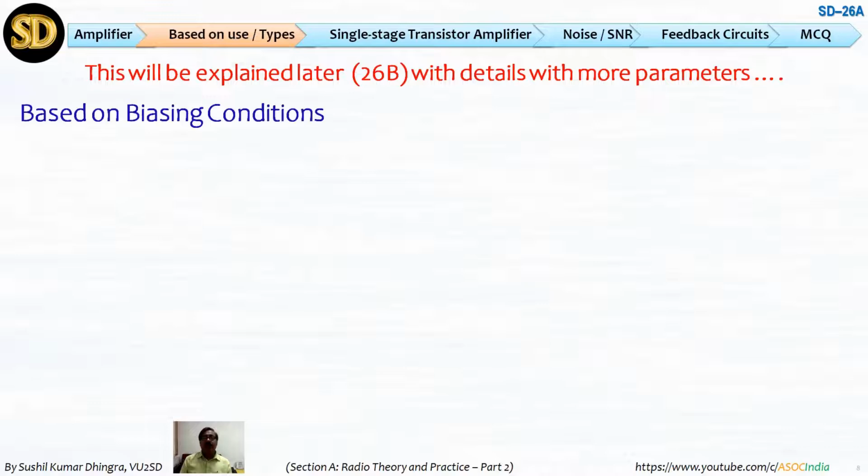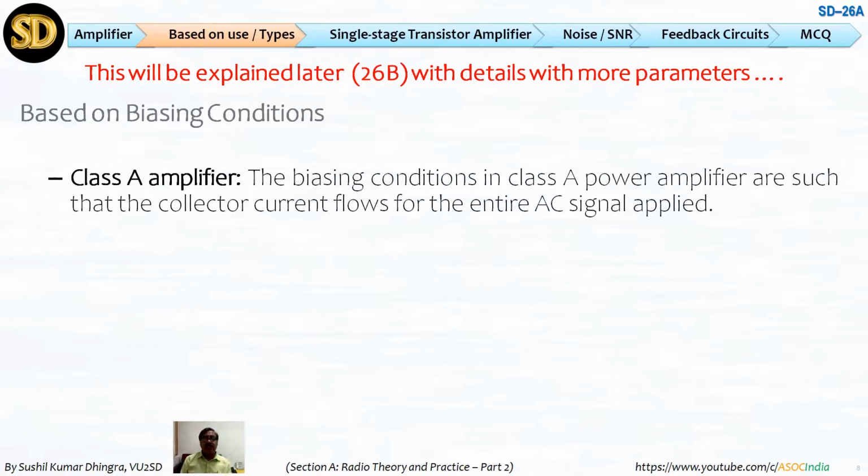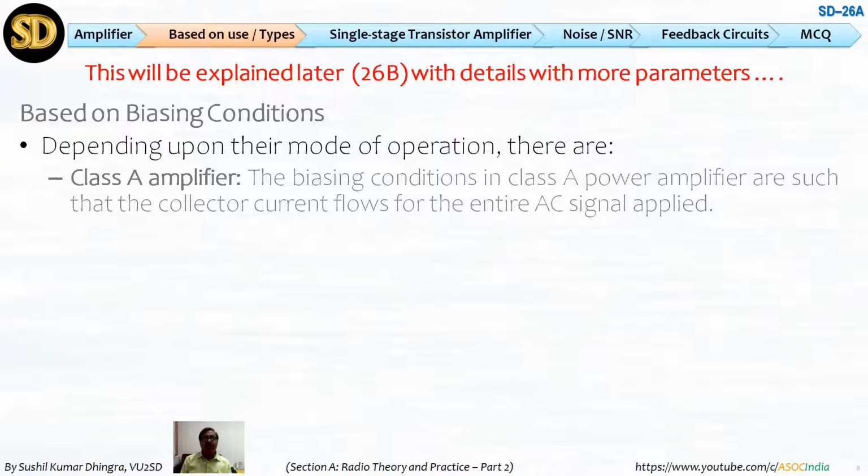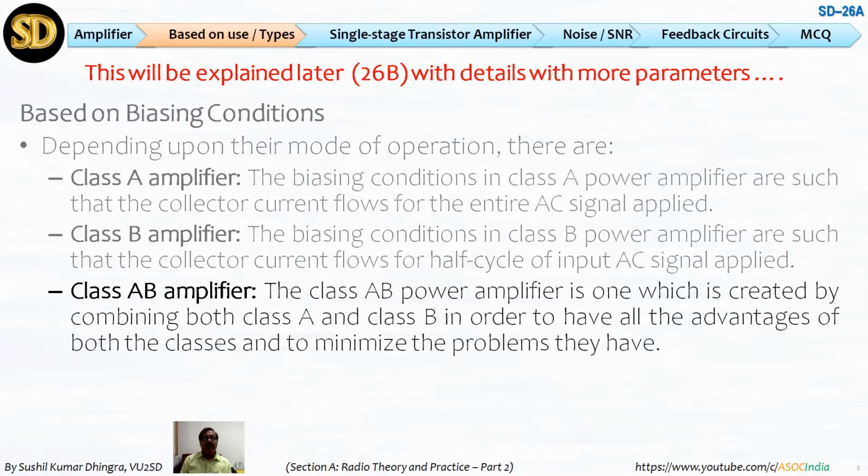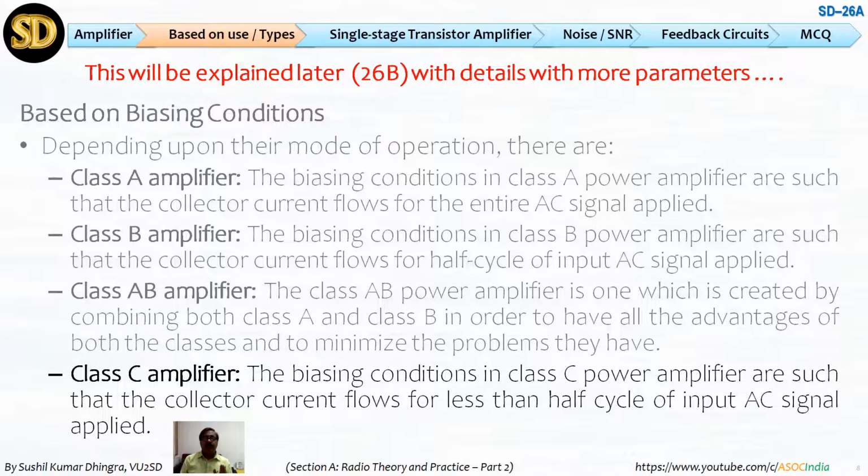So now coming to the next parameter, based on biasing condition, how we are dividing the base with R1 and R2, giving a specific amount of voltage, a proportionate voltage. That voltage decides whether this is a class A amplifier, class B, class C, or AB amplifier. So I am just giving an idea only, because I have to cover in more detail their wave shape, their losses, their uses, applications, energy, etc. So please watch the next session, which is purely on classification of amplifiers. So going next,